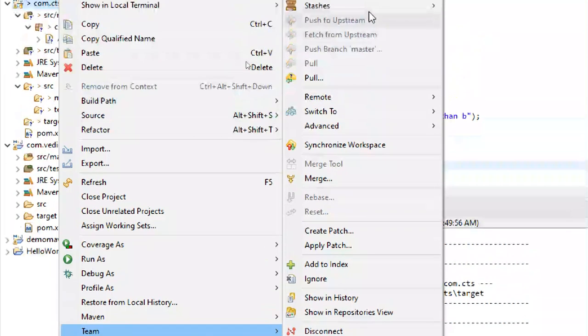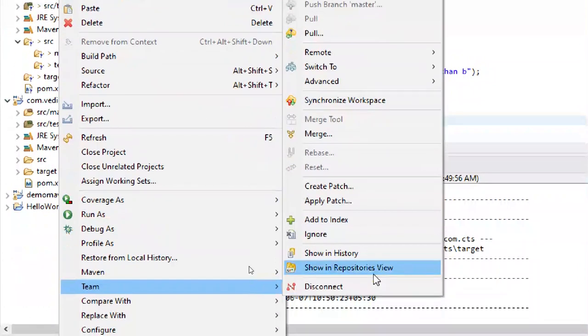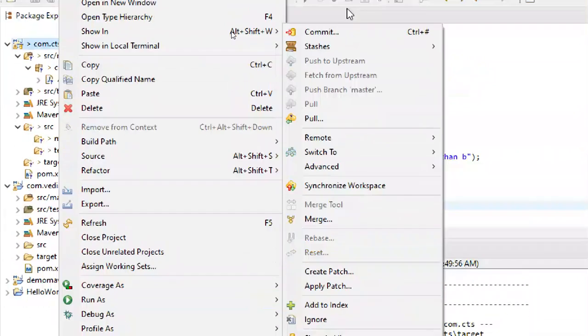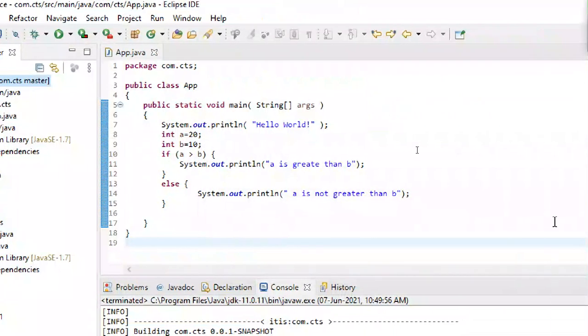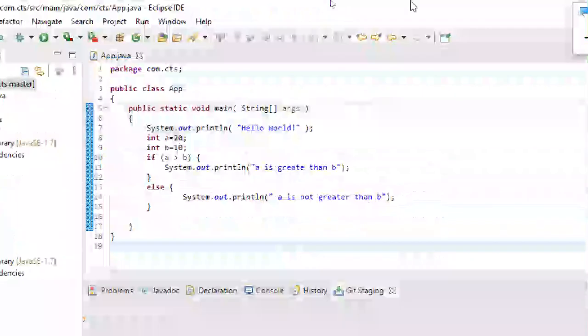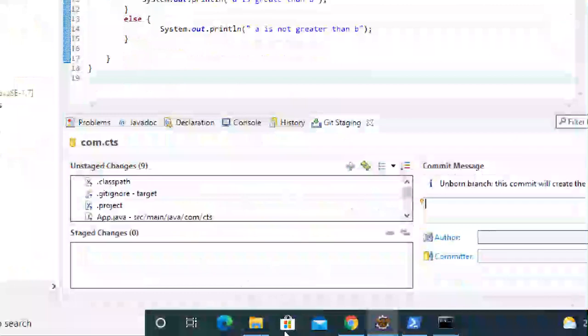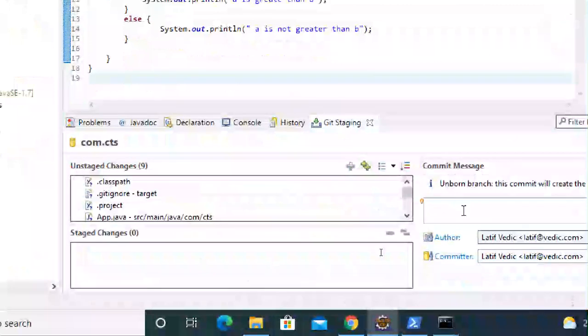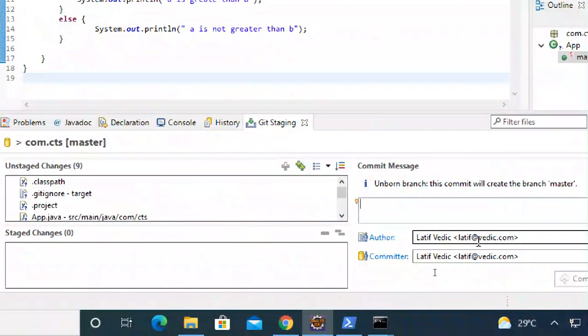Now again Team, commit. We have to see the add. Add is not there, I will do commit. It should ask. Yeah, here it is, Git staging. This is asking commit message. This is my author and committer.